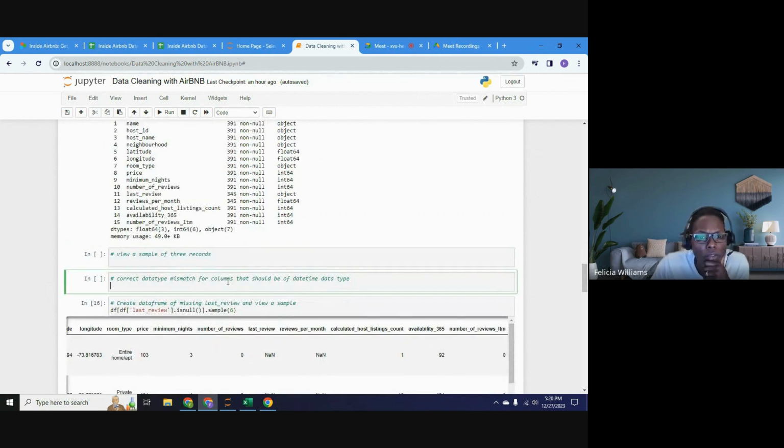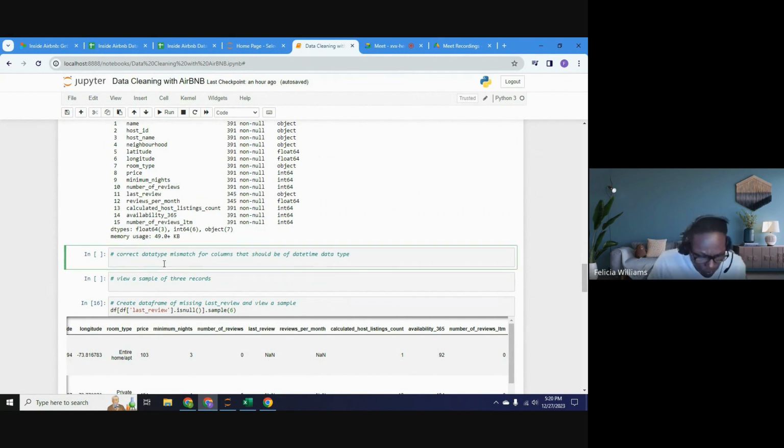Before viewing, I want to correct this data type mismatch. So for our data type mismatch, oh, this is why I want to do my sample. I almost forgot. Let's go back. Okay, so let's take a look at the sample